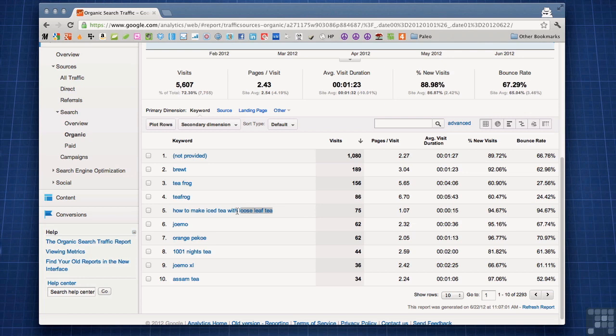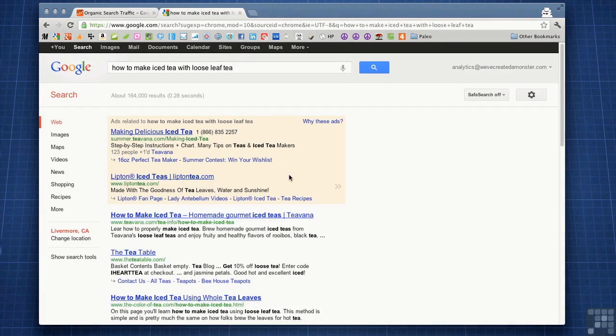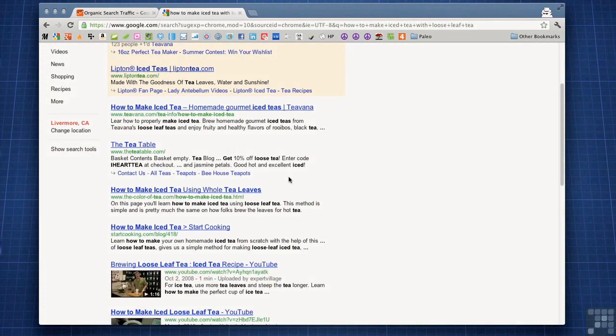The first thing we can do is copy this and just pop open a new tab and see where we're ranking for that. And it looks like tfrog is